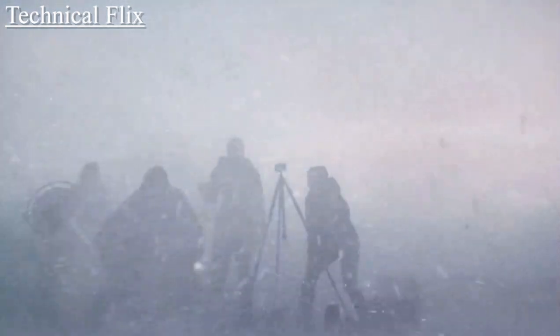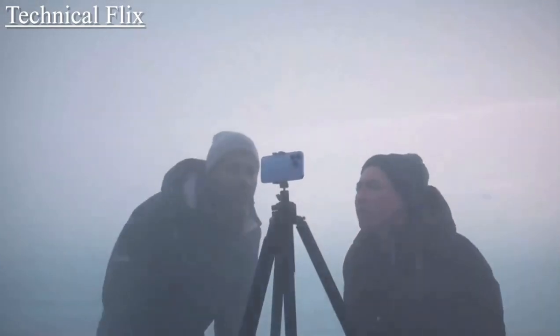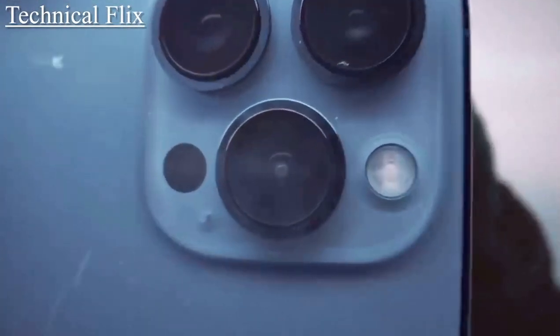A faster chip, a high performance display, and the biggest upgrade ever to the camera. Introducing iPhone 13 Pro. It's ready for